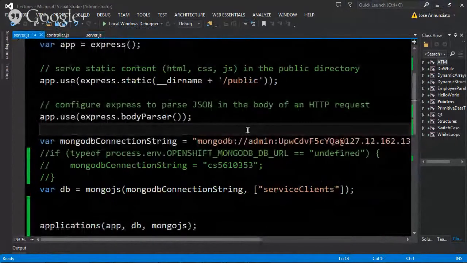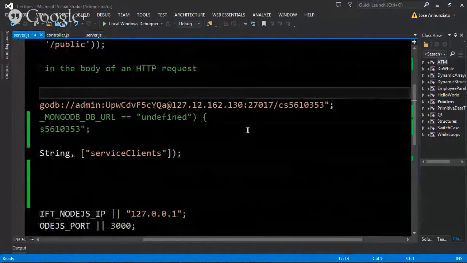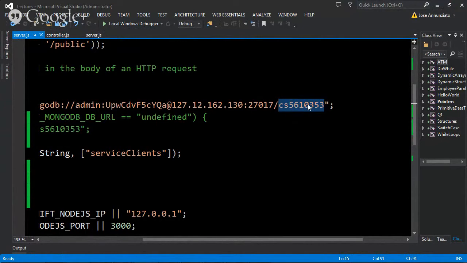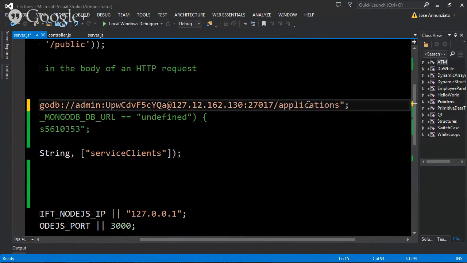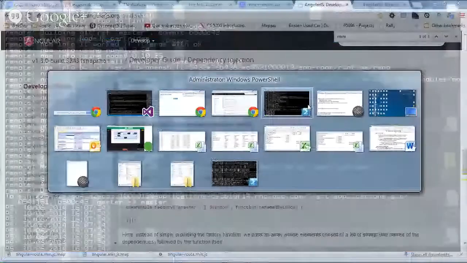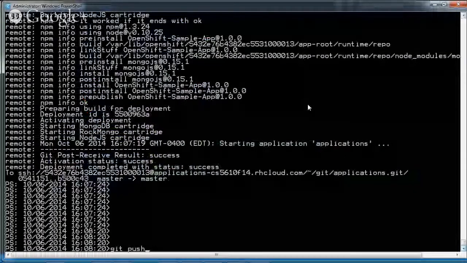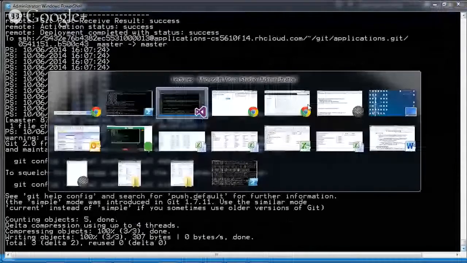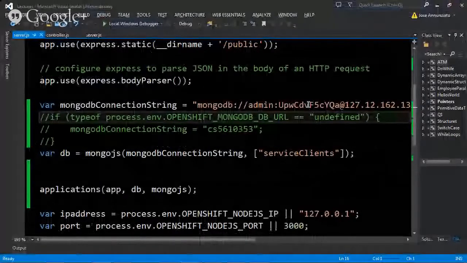Why don't you work remotely? Oh, did I change this? Wasn't this applications? Did I do an undo? Maybe I must have done an undo, right? Okay. I must have done one too many undos. All right, while that's pushing,